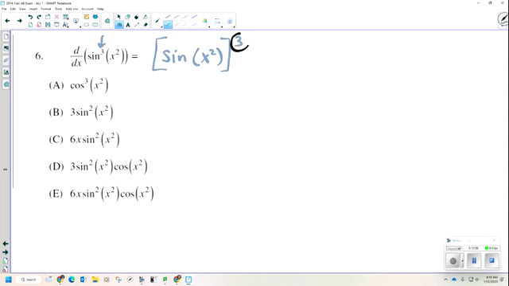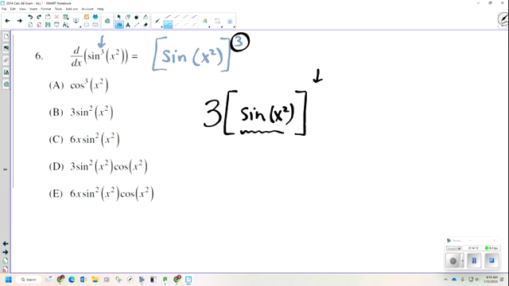So let's do the derivative power rule. I have this thing here. I don't care about what's on the inside. That's going to stay the same. All right? My exponent, which was 3, comes down, and then I subtract 1. I need to multiply that times the derivative of the inside. Now, the inside has its own